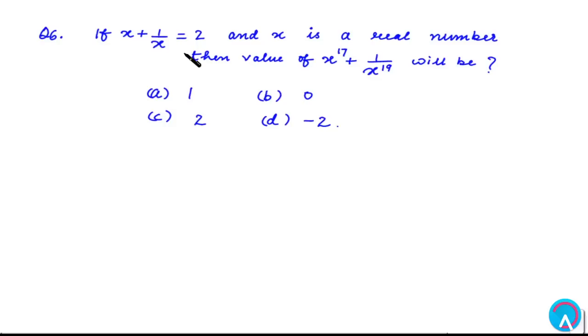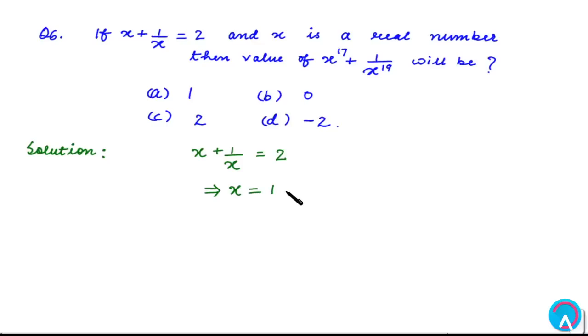Here, if x plus 1 by x is equal to 2 and x is a real number, then the value of x to the power 17 plus x to the power 19 will be, these are the options. Let's see which is the correct option. So here in the question, it is given that x plus 1 by x is equal to 2. And this is a trick which we've learned, that if x plus 1 by x is equal to 2, then x will be equal to